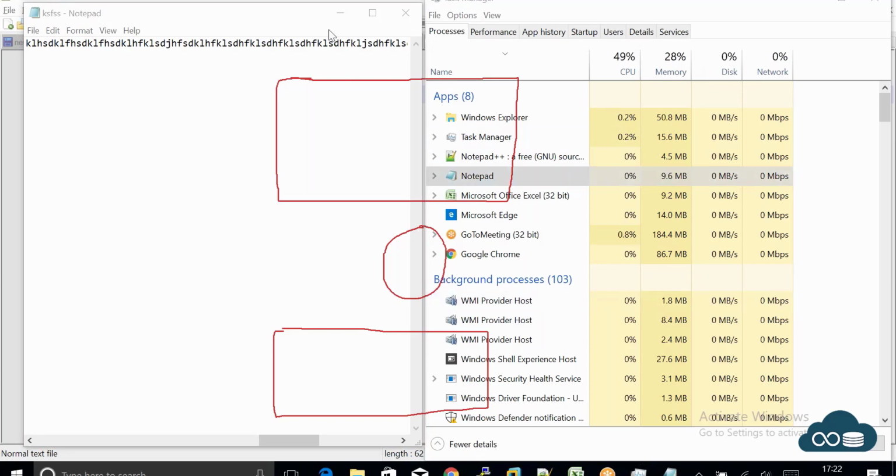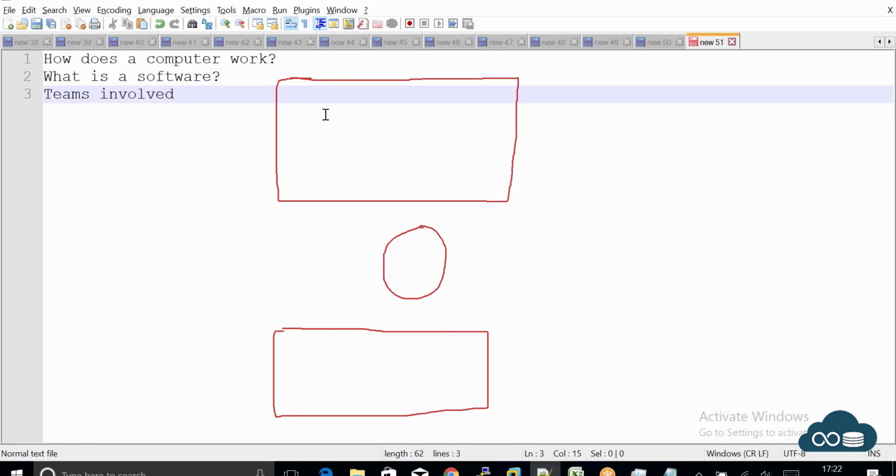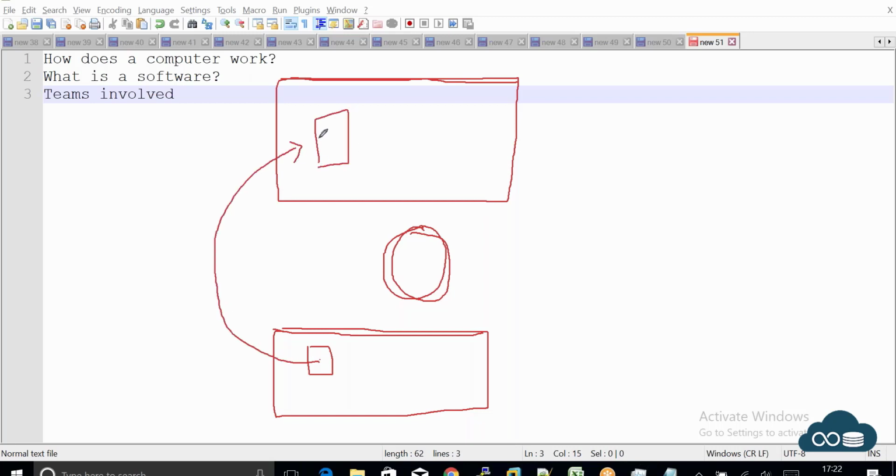So what did I observe from the above case study? You have a computer with a memory, with a CPU, with your hard disk, and you have your file in your hard disk. You double click on this file, it is being fetched to your RAM. In my case, the notepad utilized 2.2 megabytes of memory.